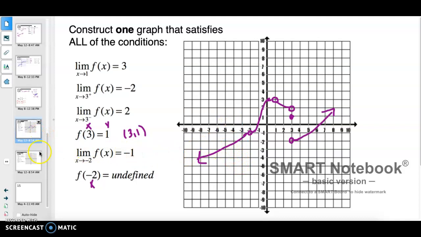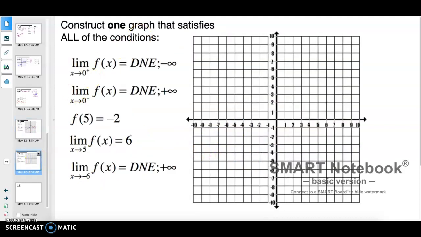Let's try one more. So for this graph, something new, we see DNE. DNE means the function does not exist there. So there's a good chance that this is going to be an asymptote. The reason I know it's an asymptote is because of these infinities. If it's saying negative infinity or positive infinity, we know with the does not exist, there's going to be